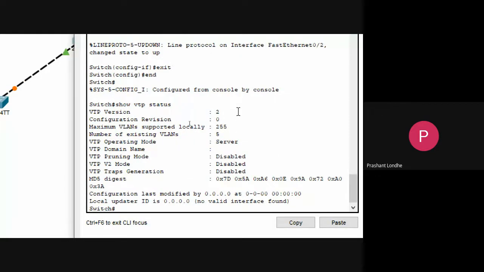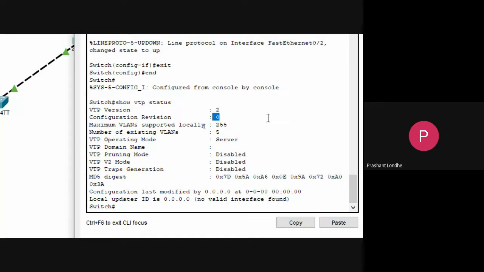You can see the VTP version is displayed over here. The VTP operating mode is server by default, and you can see the maximum VLAN supported is 255, so we can have that kind of connections over there. We do not have any kind of revision, therefore it is giving as a 0. Once you start updating this kind of switch, that number will be changed.